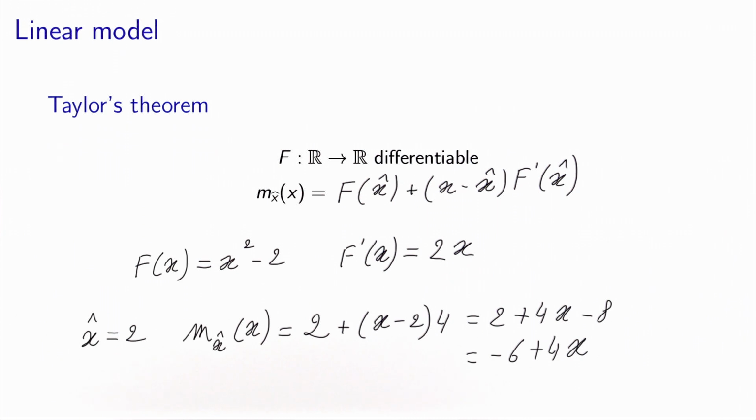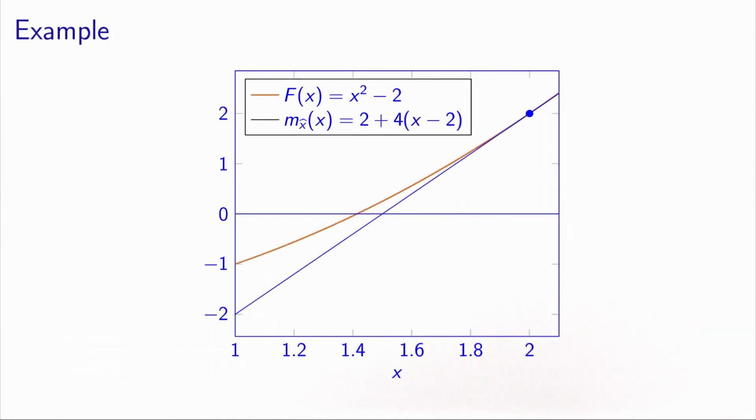And what Newton's method does is to find the zero of this model, so the point at which the tangent intersects the x-axis, and consider it as the next iterate. So this is plotted on this chart. Okay, so we have x equals 2, we have the function, and I've plotted the equation that I've just calculated, that corresponds well, as we discussed, to the tangent of the function at x equals 2.